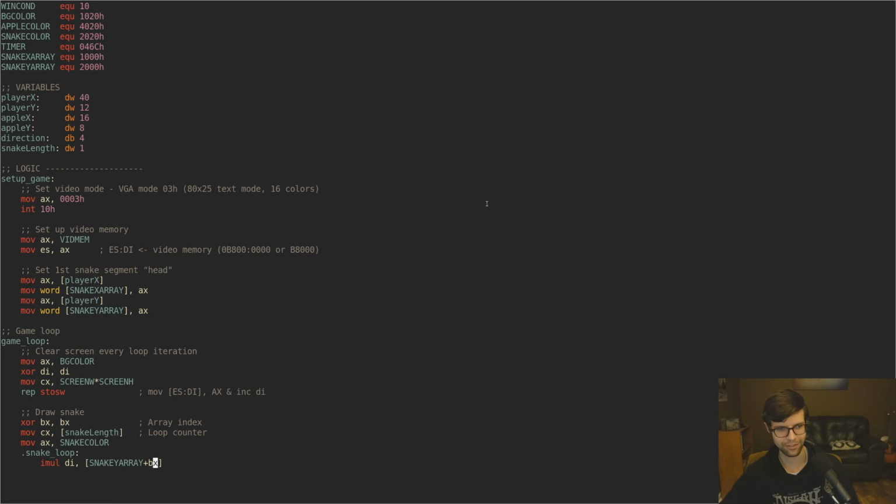So the first index is going to be 0, BX is 0. And we're going to multiply that value by our screen width, which is 80. So that's however many characters are in one row on the screen. We're going to multiply that by 2. So that'll end up being 160. This is going to be the Y position of our